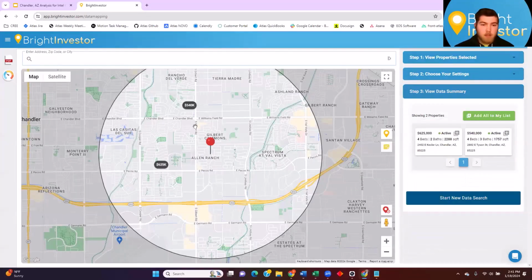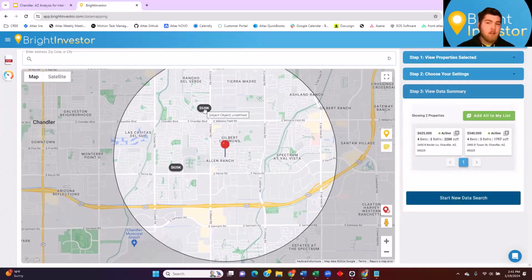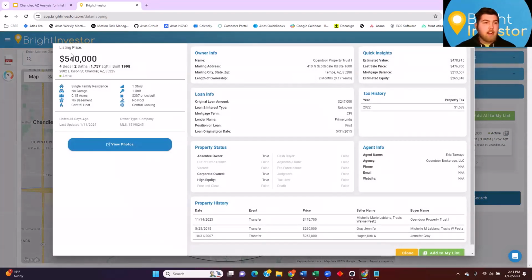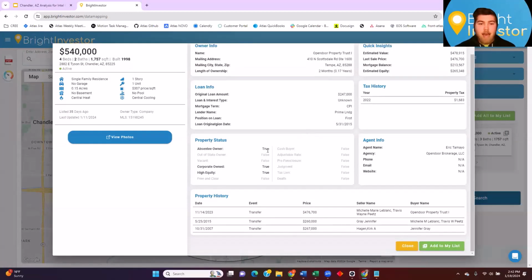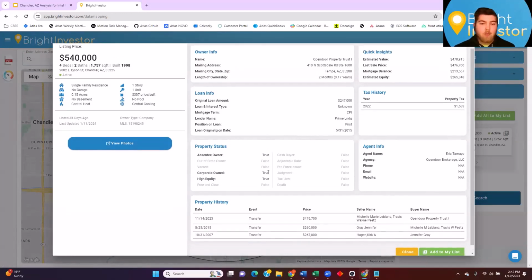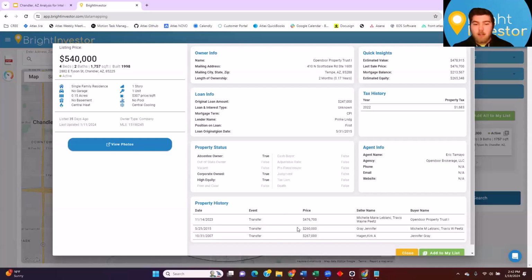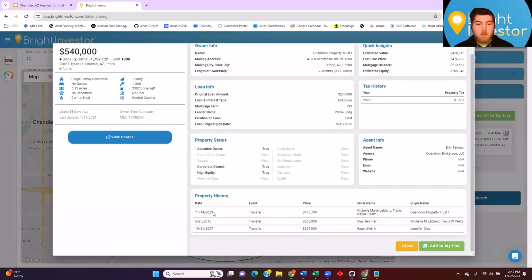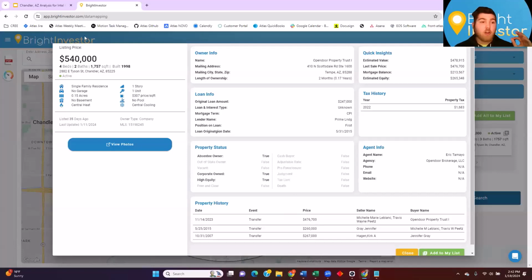Click search properties, and instantly I got 2 hits. This is an area that I like. I did all the research. I got a $540,000 4-bed, 2-bath property built in '98. Absentee owner, corporate owned with high equity, which means that this is owned by an LLC. I can see it last sold just a few months ago for $476,000, and they're already reselling it. So what does this mean? Deduction. This is a flip. Somebody bought this 3 months ago for $476,000, and now they're selling it for what, $60,000